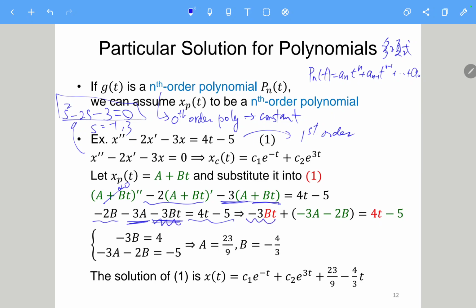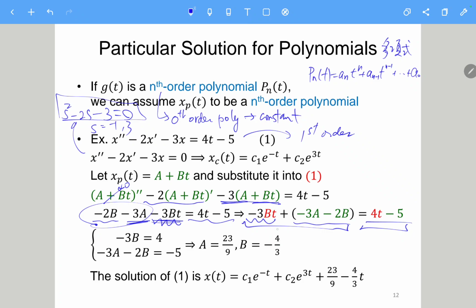So here we put it here. And then this is the constant. So we have minus 3 and minus 2b here, which equals 40 minus 5. Okay, so for these two first order polynomials of t, if they are equal to each other, which means that